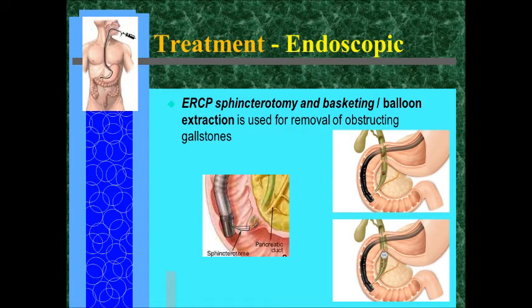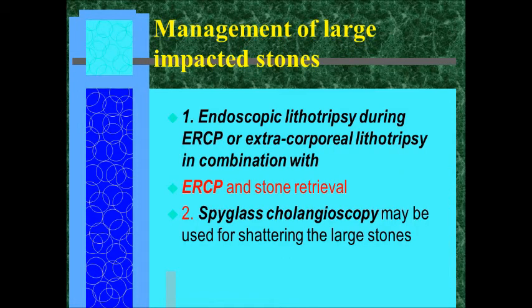The treatment for a CBD stone is an endoscopic procedure. ERCP sphincterotomy and basketing or balloon extraction is used for removal of obstructing gallstones in the CBD. A large impacted stone, which cannot be extracted by an ERCP procedure, can be broken by an endoscopic lithotripsy or an extracorporeal lithotripsy and followed up with an ERCP and stone retrieval. The second option would be to perform a SpyGlass cholangioscopy and shatter the large stones and